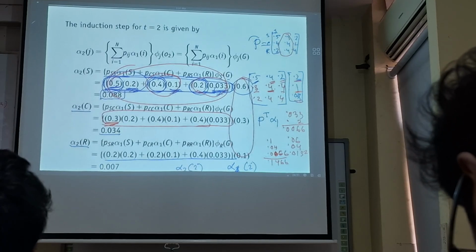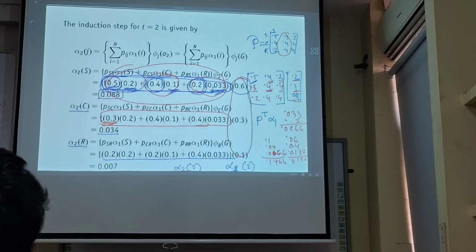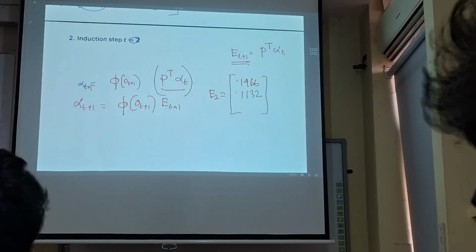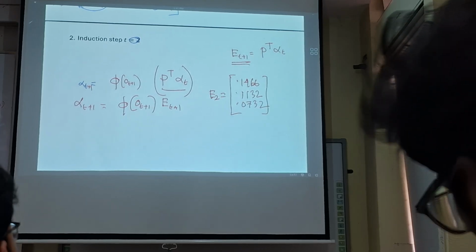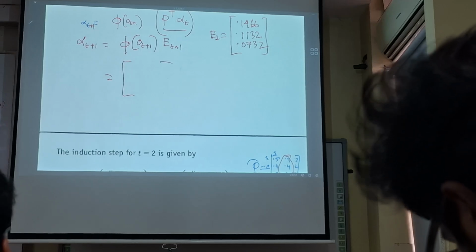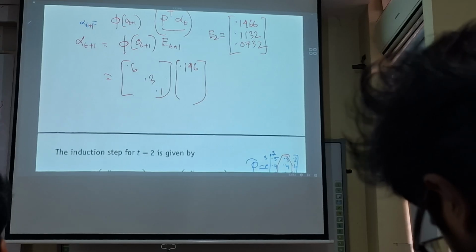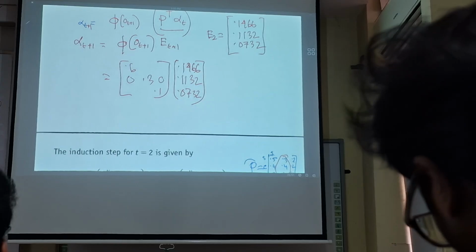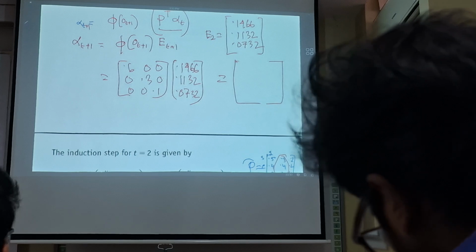Something like this, right? And the summation will be 0.0231132, right? 0.1132, and the last one is 0.0732. Once you have this, then this one will be what? 0.6 into 0.3 into 0.1 multiplied by 0.1466, 0.1132, 0.0732. You multiply, then you will find the values are